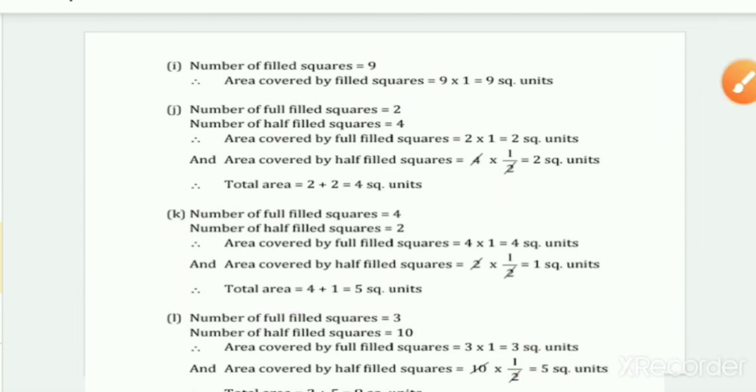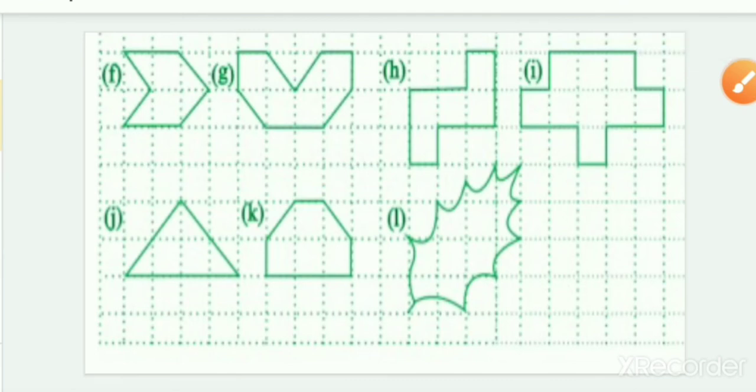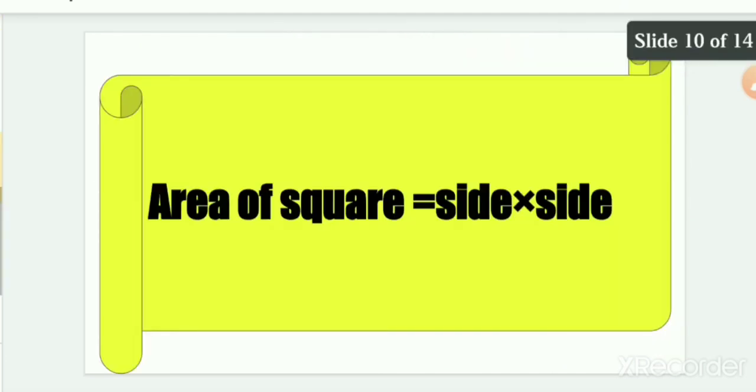Yes. So I hope it is very clear to you how you all have to find it. I hope you will find the remaining figures. I hope it is very helpful for you, and you have to just remember those points which we have discussed today. So let's move to the next.